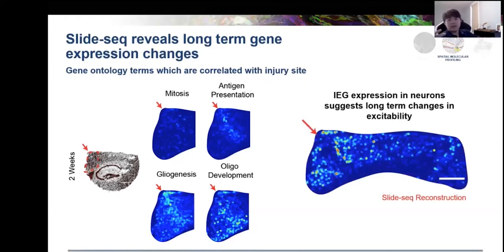Very interestingly, when we look at immediate early genes, these are genes which are a proxy for neuronal activity. And when we look at them just in neurons, we see an upregulation of IEG expression in a spatially localized region near the scar, about 1 millimeter on either side. And we think this is interesting because these changes suggest long-term changes in excitability in a spatially proximal way, which is interesting both from the biology of traumatic brain injury,